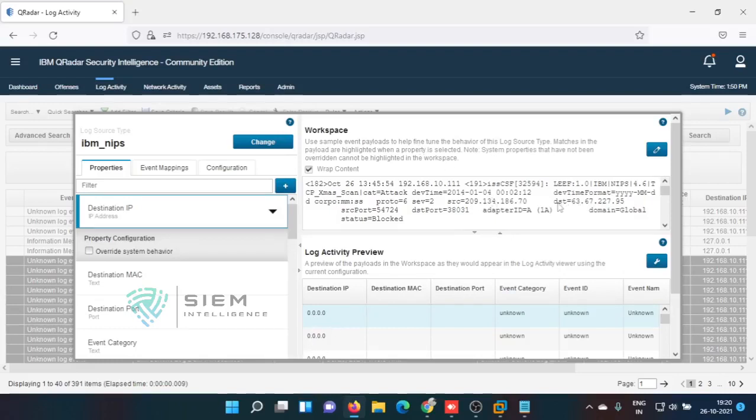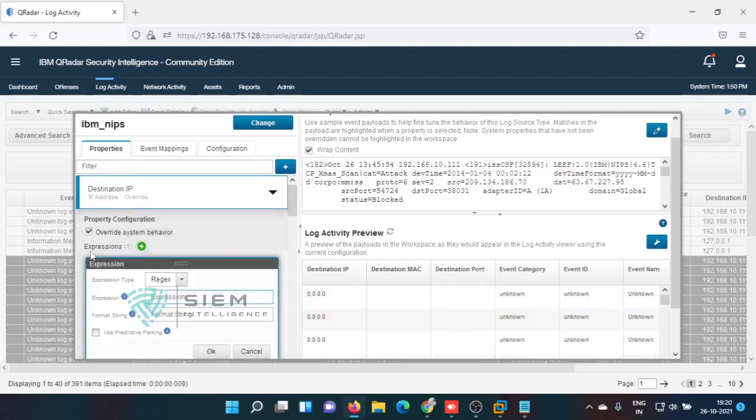I am using a special behavior to address this. I am giving override the system behavior. By default there is a behavior, and I am overriding that behavior. Okay, I am using a regular expression. The expression is dst= and then I want to pick up everything here. So in brackets dot star question mark, close, till the location where there is a space, till space. See, I got some meaning. Here there are two colors, yellow and orange. Orange is highlighted on which I am going to pick up.